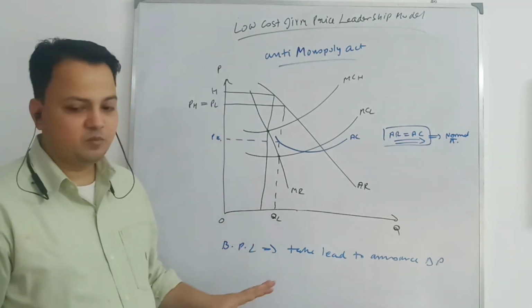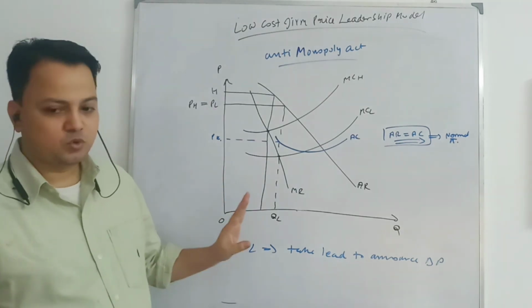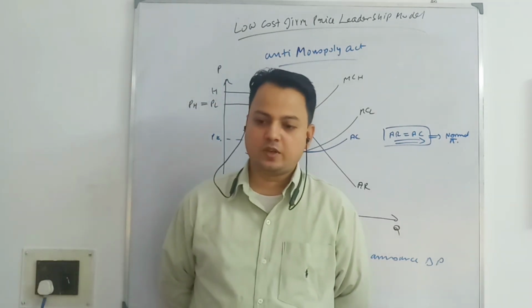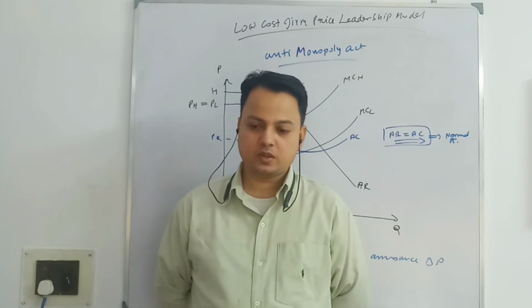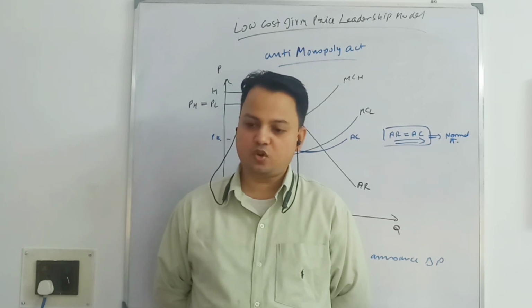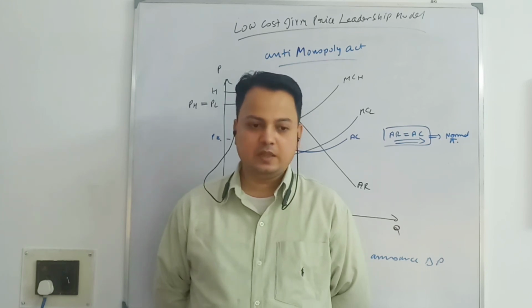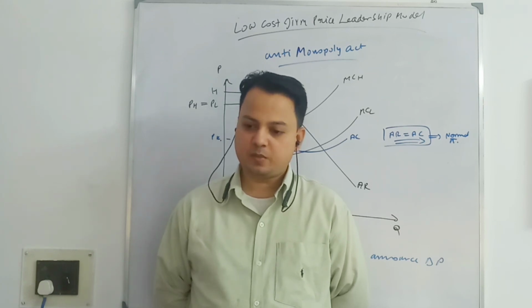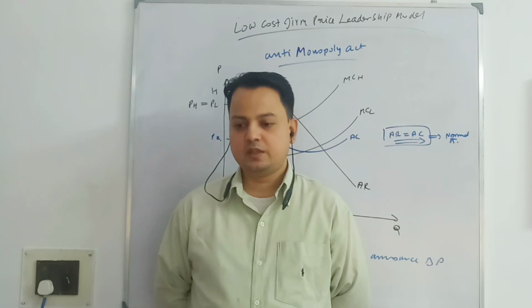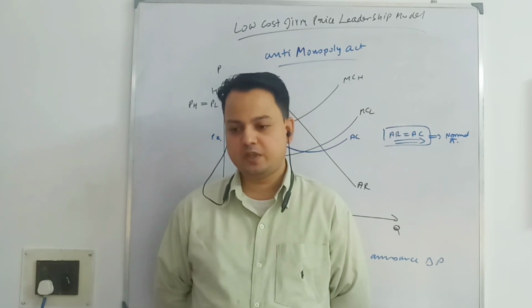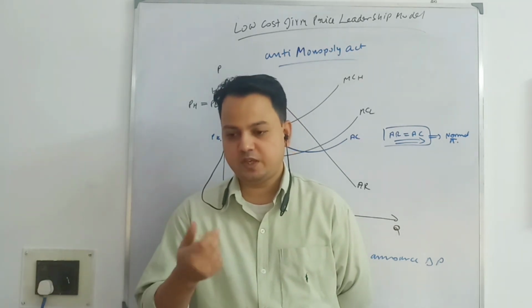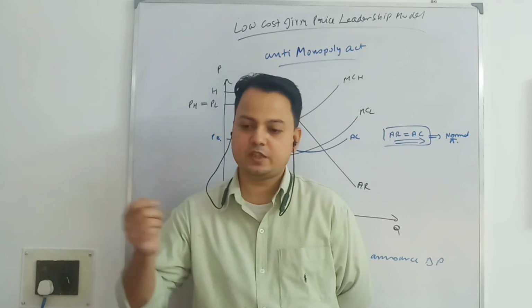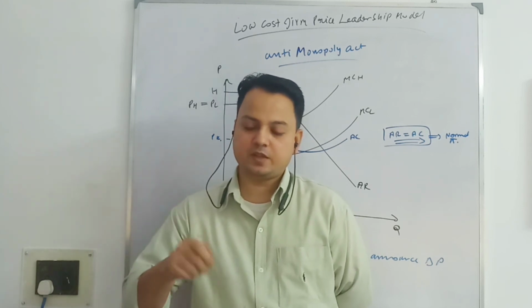Okay, so these are the three models you have to do in the price leadership model. Let me recapitulate what we have done. In the price leadership model, the first model that we have done is dominant firm price leadership. In the case of dominant firm price leadership, that firm must be holding a large market share, and the implicit assumption is that this firm must be a low cost firm. Only then can you get the price stability condition or price equilibrium. It is only on the condition that the small firms follow the price set by the dominant firm.